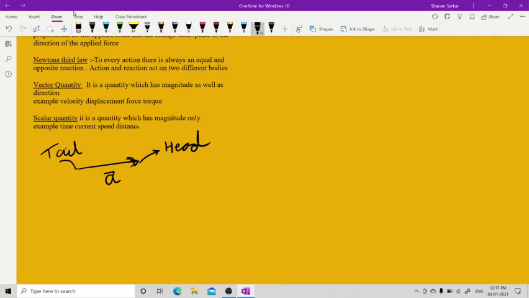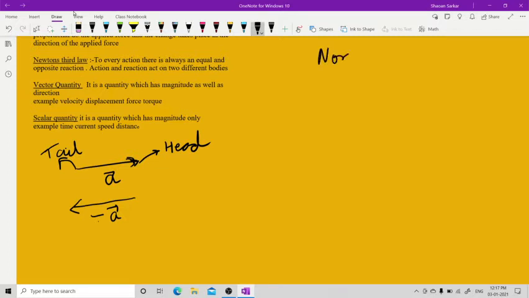Now, let us understand the situation of a vector. Suppose I write minus A, then the direction of this vector will change. Remember, in physics, minus has a different meaning than what you have seen in maths. Minus means you change the direction also, then you subtract. But in maths, it only means subtraction. But in physics, the direction also changes.